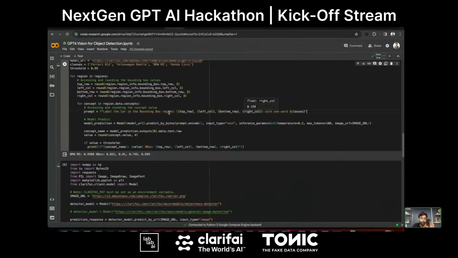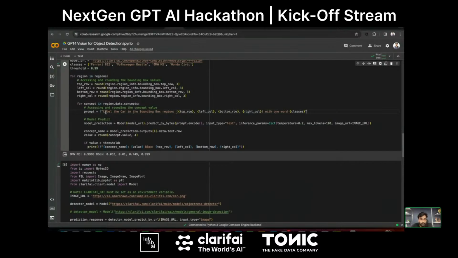I'm giving the GPT-4 vision model all the coordinates of the object and asking it to label the car in this bounding box region with one word. I want to use that label to label my image data, so that's what I'm asking the model.